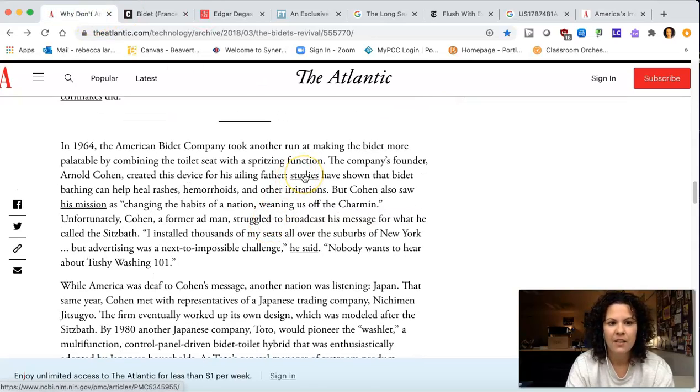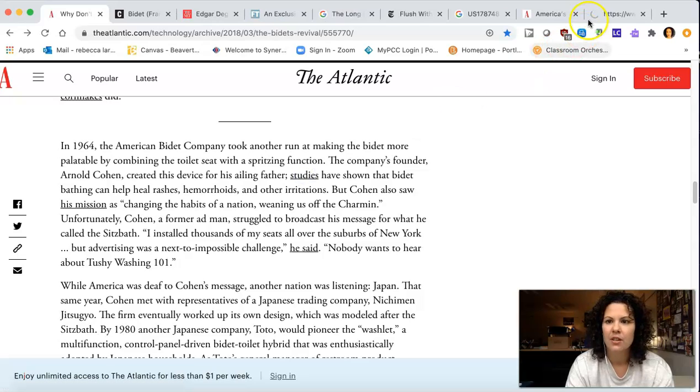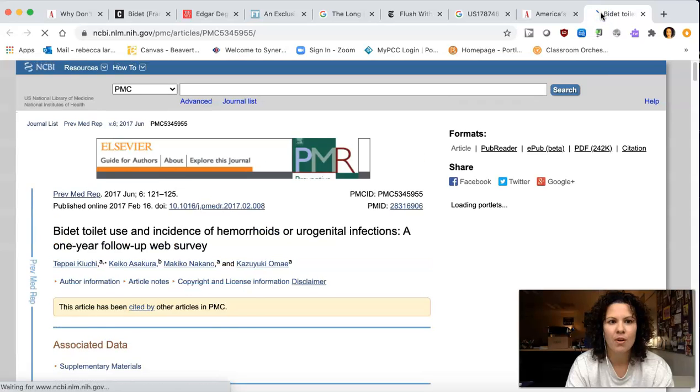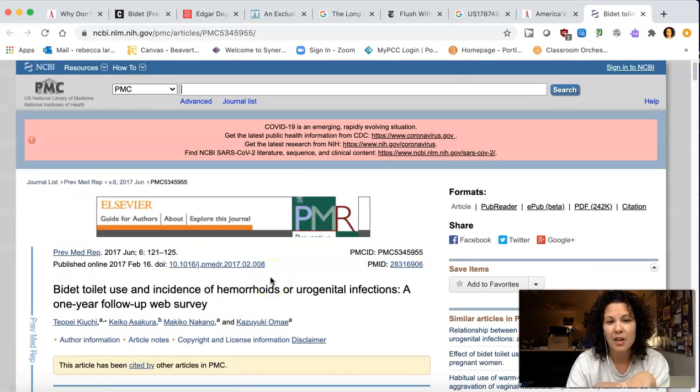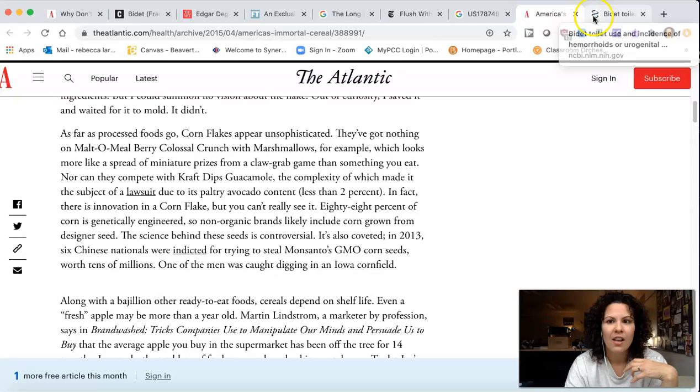And let's see, studies have shown that bidet bathing can also heal rashes. Okay, so I'm assuming this is going to be a more journalistic source. Yes, so remember when we talked about peer-reviewed research, and you are required to have one in your essay, but as you can notice, out of the 8 that we have here,